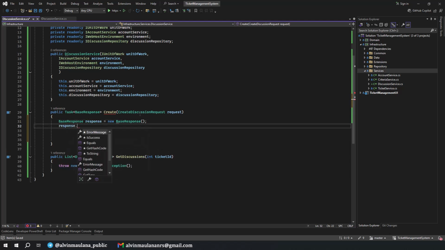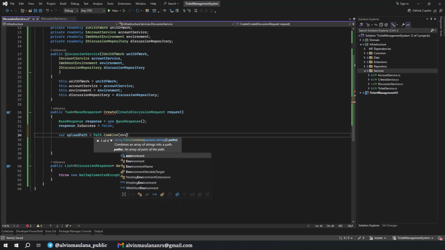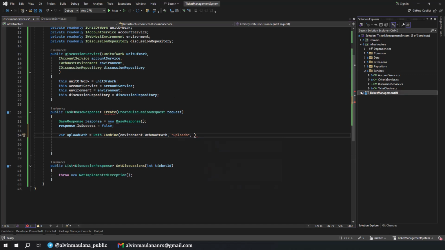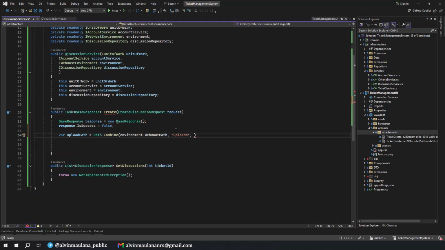By default the success is false, and then we need to define the upload path, is a path combine the www root path uploads, and then attachments, we put attachment like this.